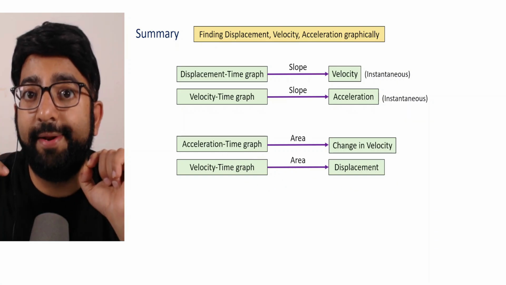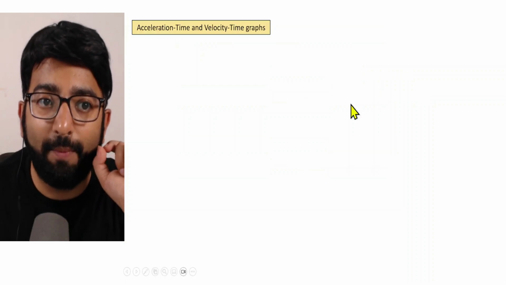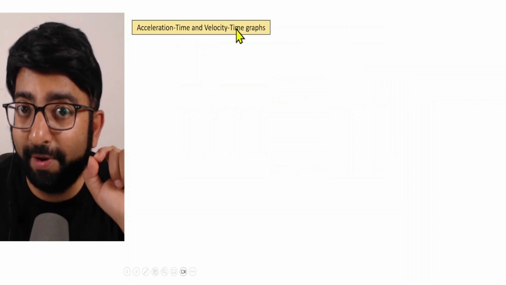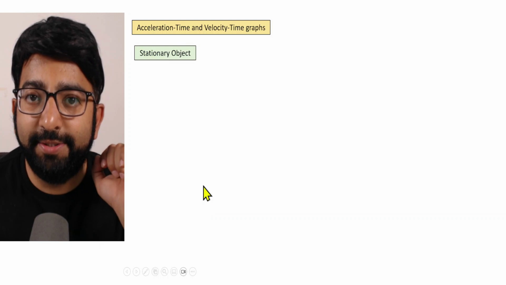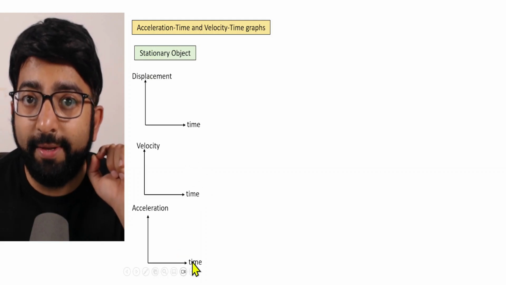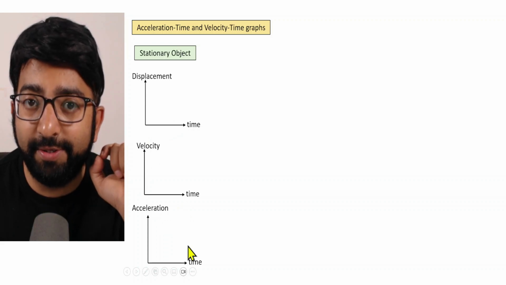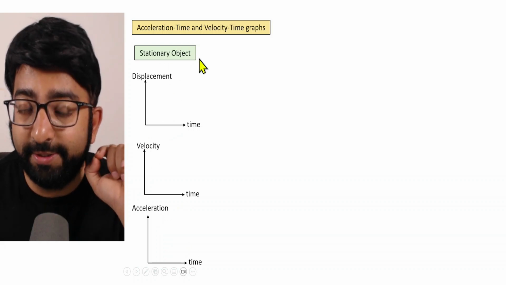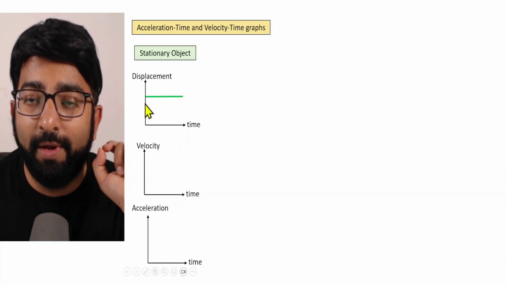And now let us try to analyze different types of graphs based on the types of motion. So the next topic is acceleration time and velocity time graphs for different kinds of motion. Case 1, stationary object. We need to determine the shapes of the graphs for displacement time, velocity time, and acceleration time. Now, if the object is stationary, the displacement is constant, which means the displacement time graph will be